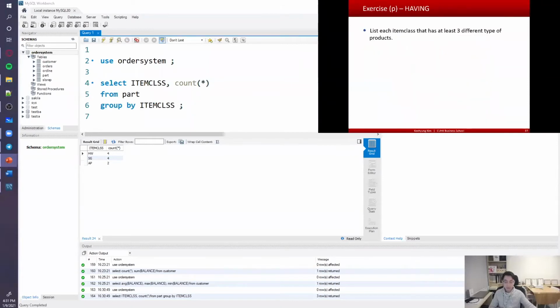Okay, next one, the having statement. So this time we want to list item class that has at least 3 different types of products. So based on our earlier results, this query will list only HW and SG as a result. So that's what we want. We want to know which item class has at least 3 different products. So for this,